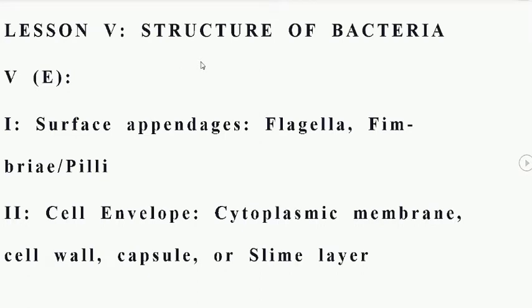So today, since we have already dealt with the different aspects of the structure of bacteria, that is the surface appendages, which you all very well know, flagella, fimbria and pili, and I have dealt with them in the earlier lectures, and this is completed now. Today we will discuss the cell envelope as well as